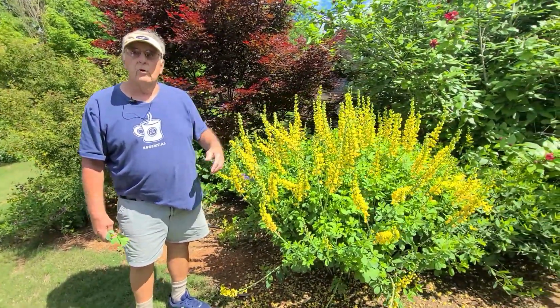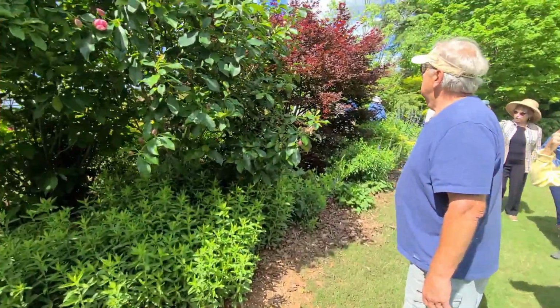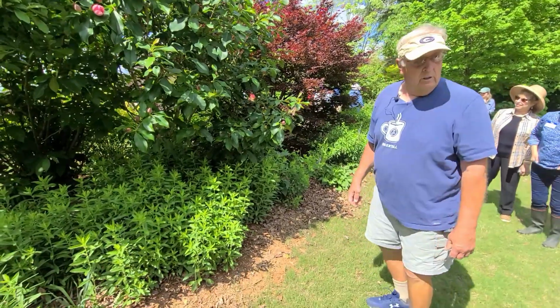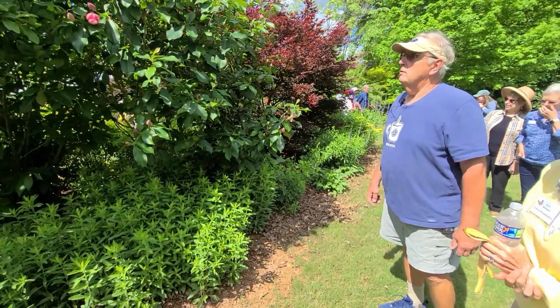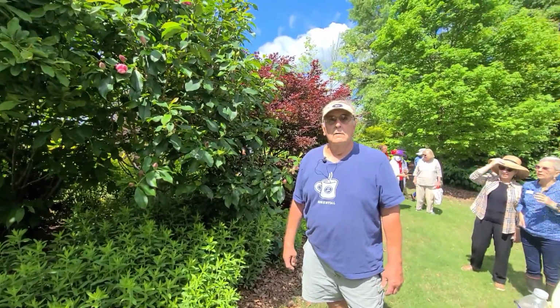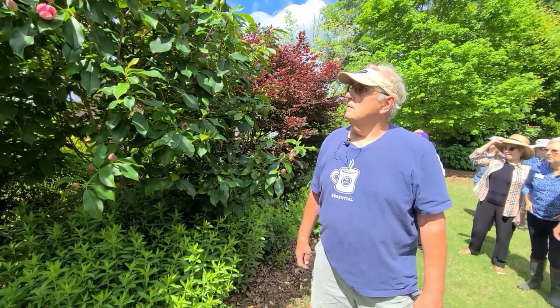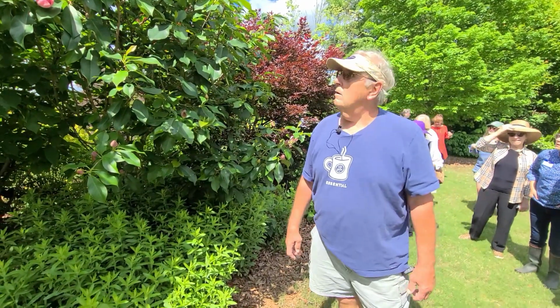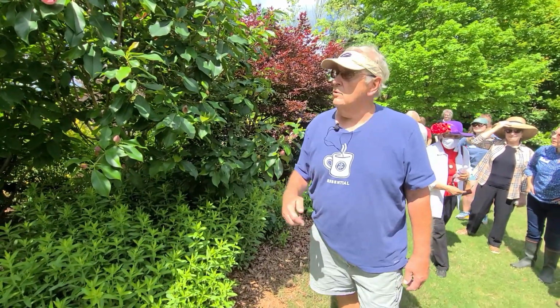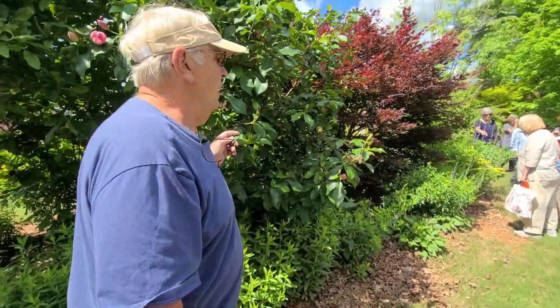The Calycanthus has drawn rave reviews from your audience here. Isn't that pretty? That is gorgeous. I love this thing. I do too. It's the only one on the planet Earth. Frank came out and helped us a lot with potting and all kinds of stuff in there. I was going to cut a branch off here just to show them without breaking a branch off. They're more enamored with Baptisia,